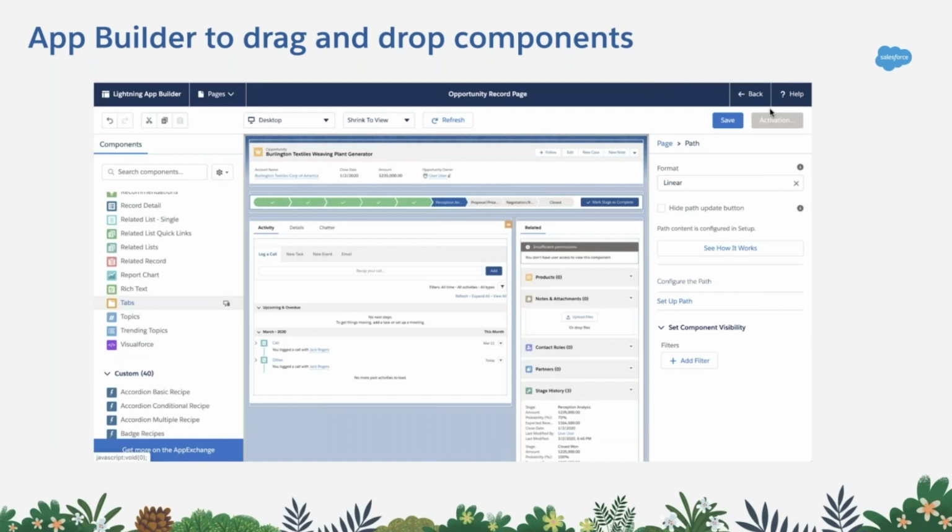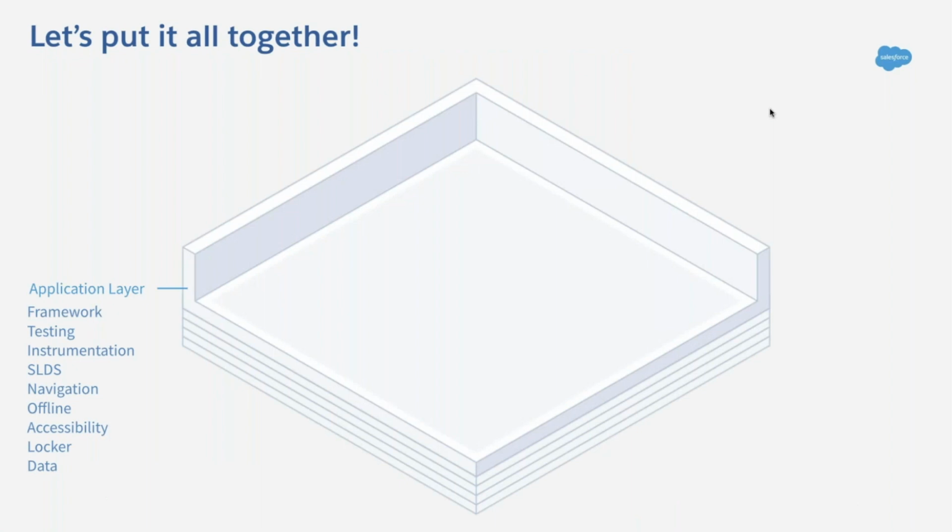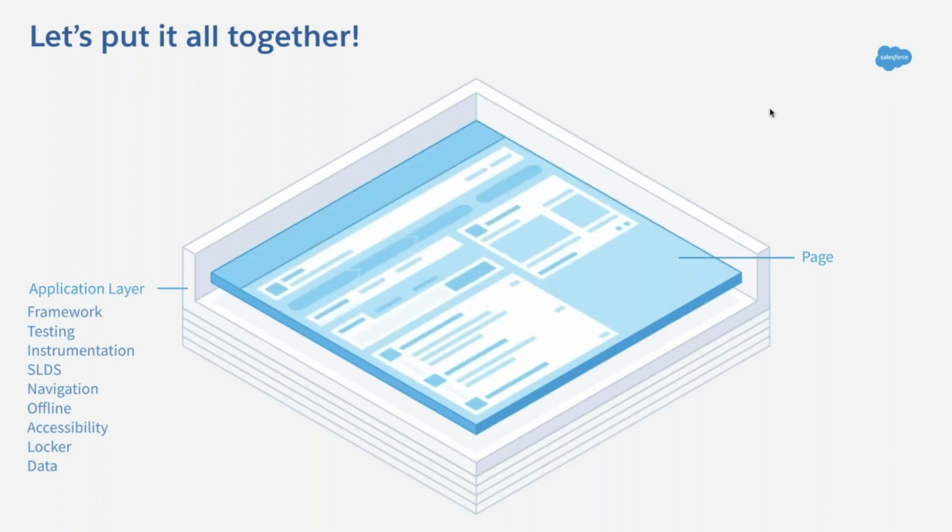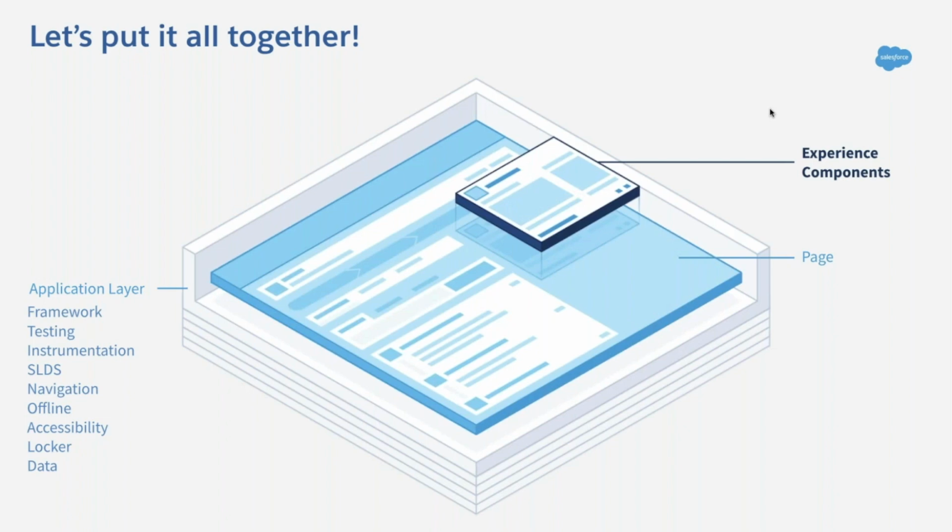And again, as I said, for referring to the base components, you can use the component library, and in the component library, you can find various things like documentation, specification, and more. But let's put it together. Now I talked about many things. I talked about base components. I talked about experience components. I talked about pages. I talked about how we create the Lightning experience. But at the application layer, you can see that the application layer is built using your pages there. And these pages, in fact, contain the experience components. And these experience components contain the base components.